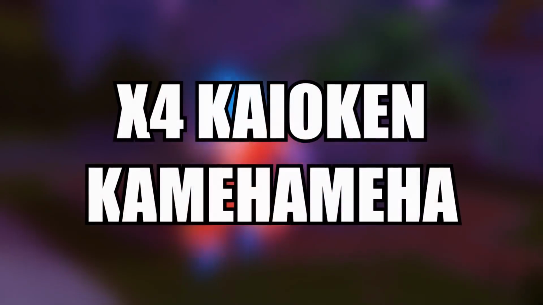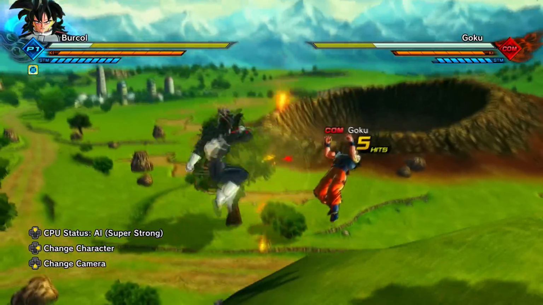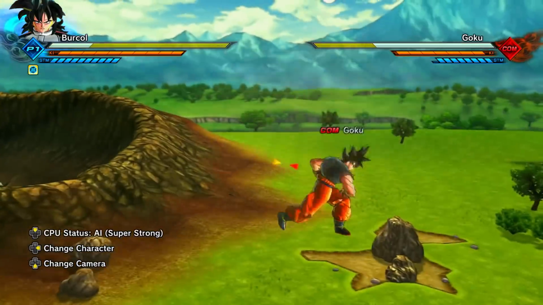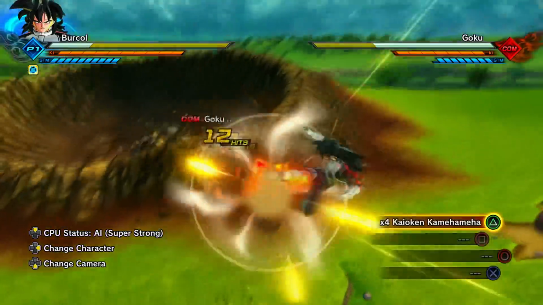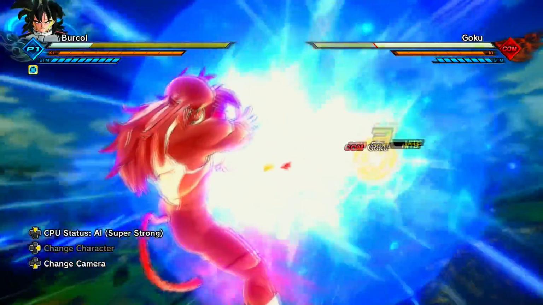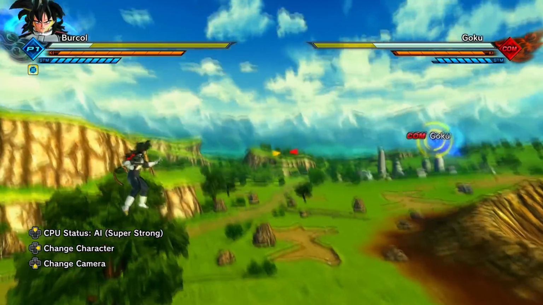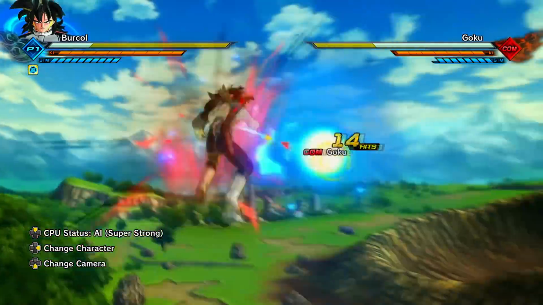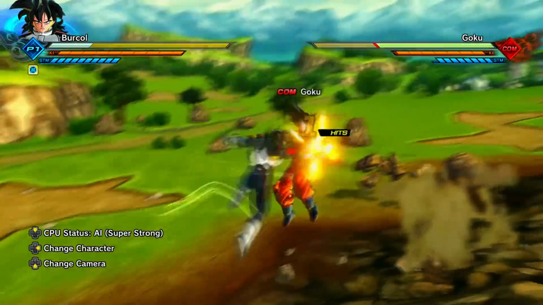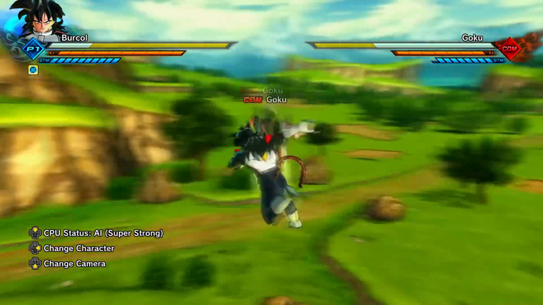Number 9, the Times 10 Kaioken Kamehameha. There are so many better ultimate attacks in the game than this. For this one, I consider this to be a little bit overrated, just because, well, you can get this fairly early on in the game, but for this to do any sort of significant damage on your opponent, you're going to have to use, is it 1 or 2 additional bars of Ki to burst it into the times 4 part? If it's 1 or 2 bars of Ki, please do remind us in the comments,